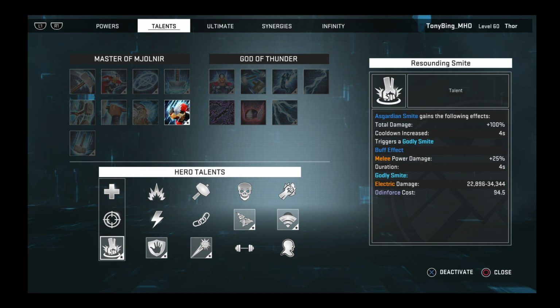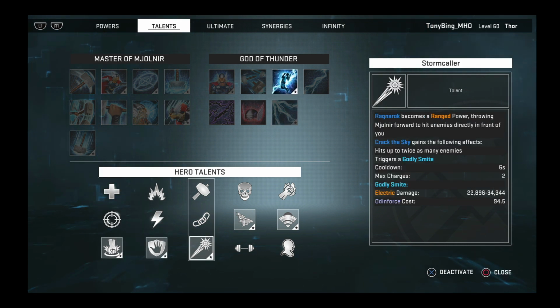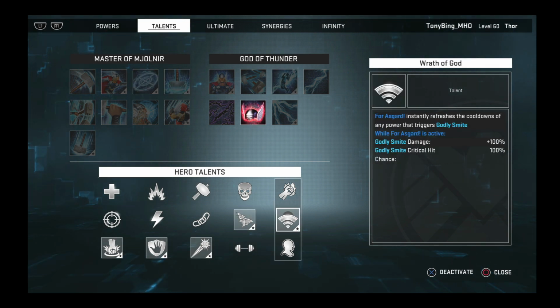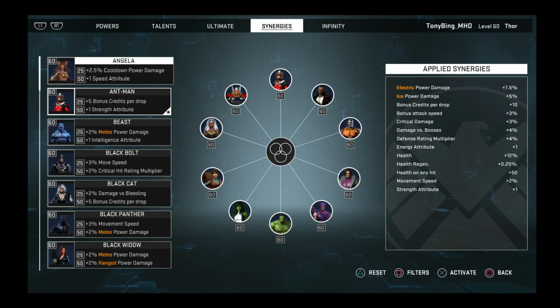If we look at the talents, we have Resounding Smite, then God Force, Stormcaller, Mjolnir Unleashed, and finally Wrath of God. Synergies are the same ones I use in my endgame build. There's a link to that in the description if you want to check out as to why I'm using these